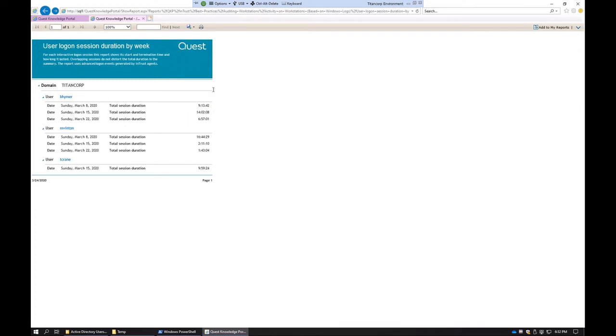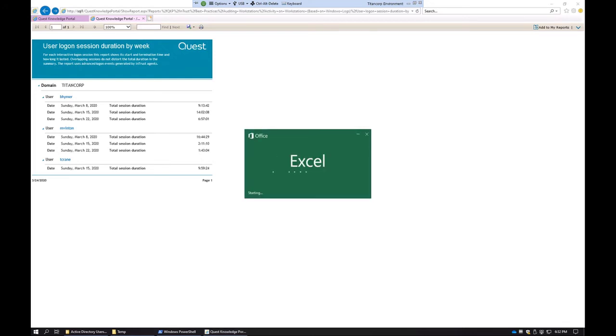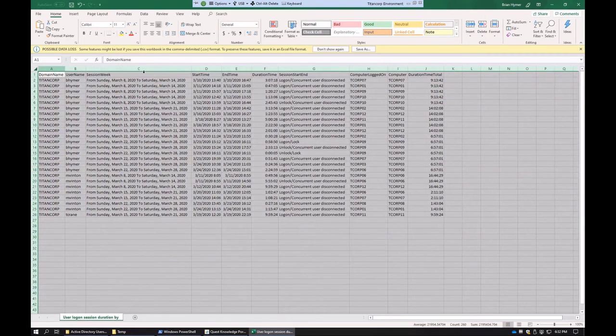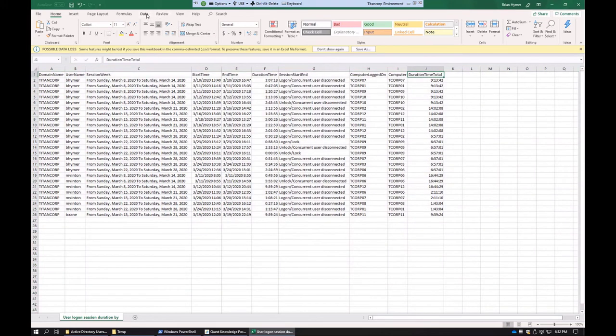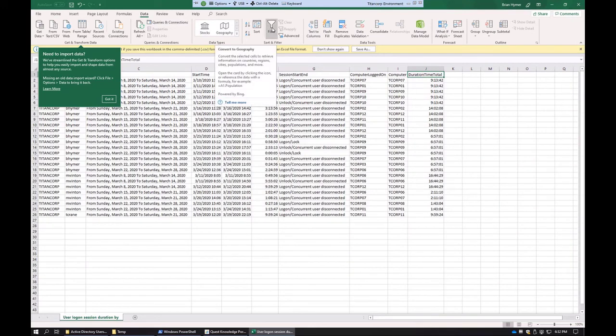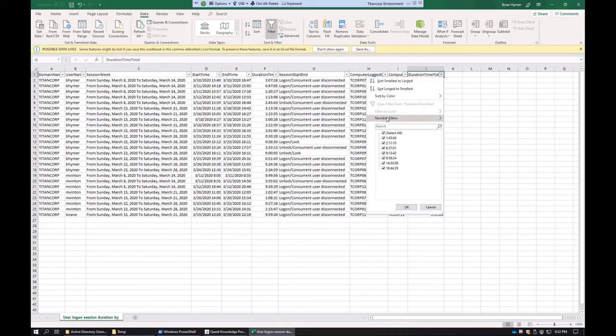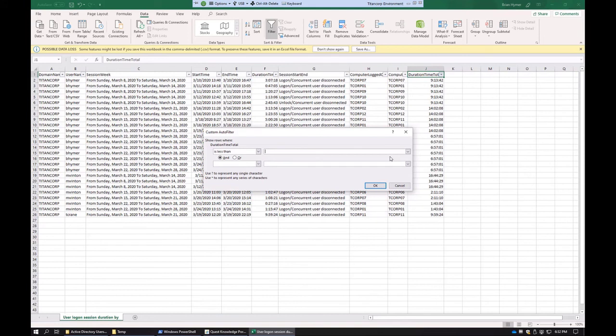And when I do that, all the detailed events are going to show up again as well in the CSV. And so here you can see all of the events. I'll just highlight here and resize my columns. There we go. This duration time total is what I really want to focus on. So I'm going to click on data and then hit this little funnel icon to create filters for each. And then here I could create a number filter and say, show me any results where it's less than 8 hours. So 08:00:00. That's 8 hours.